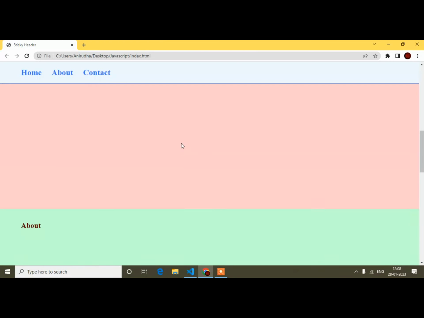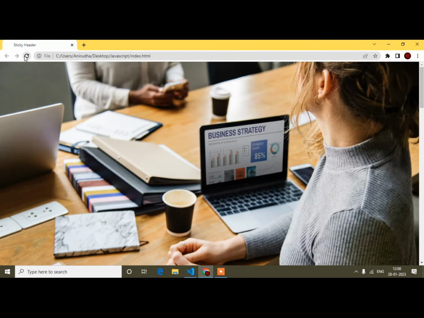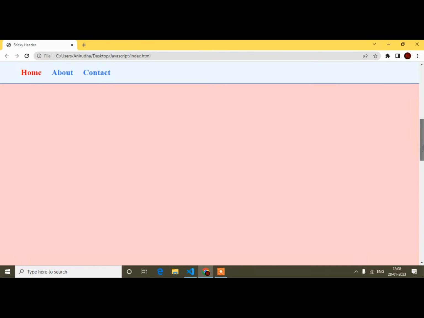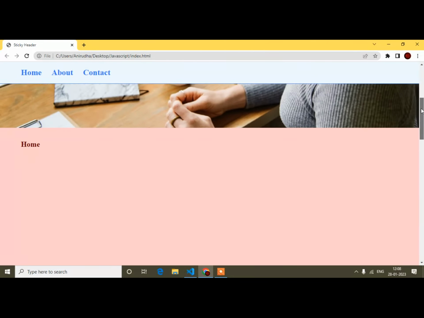Now I will come to the top and refresh my page. If I scroll, see, when the home section appears, the home menu is red, and the same for about and contact. See, this condition is working fine, right?